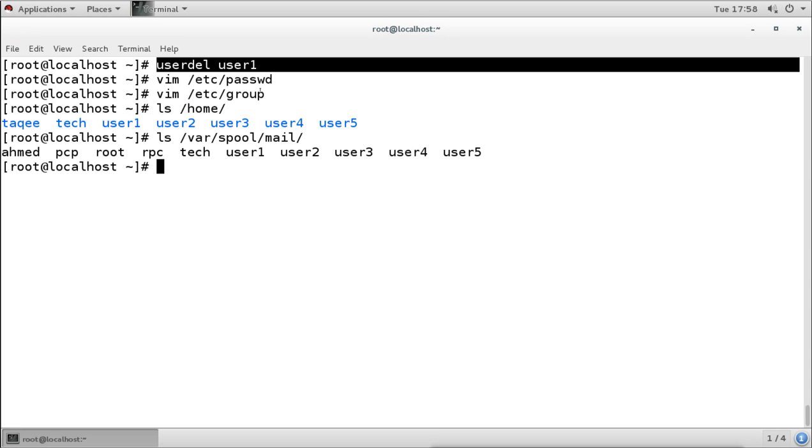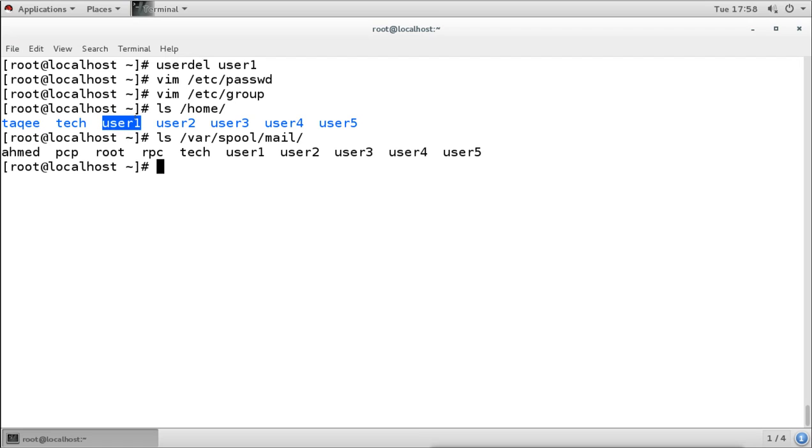But this command will not remove the home directory, it will not remove the mailbox, and it will also not remove any temporary files in the temp directory related to this user. So this command will only delete the user and also the primary group if the primary group does not contain any member.